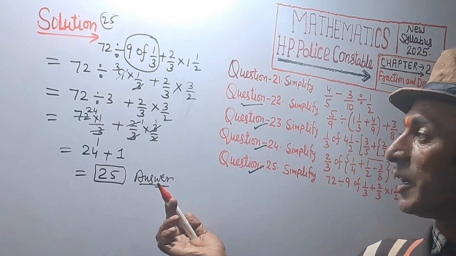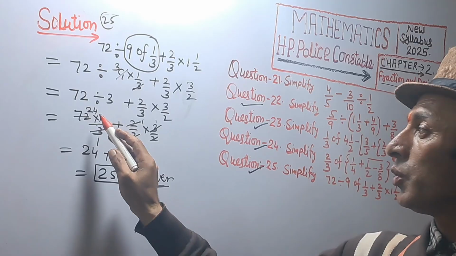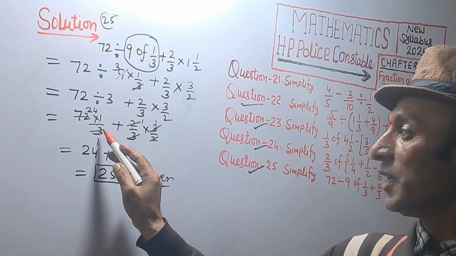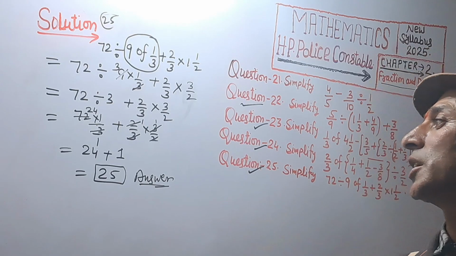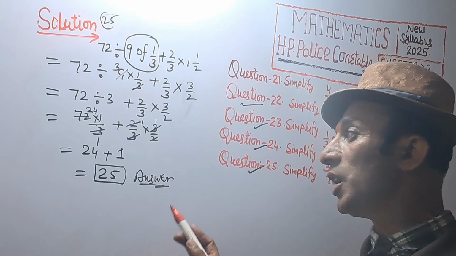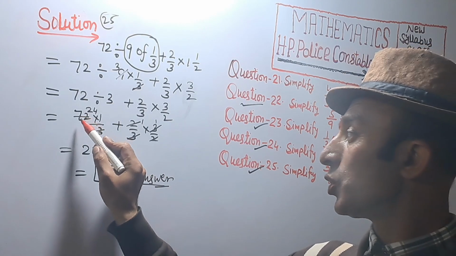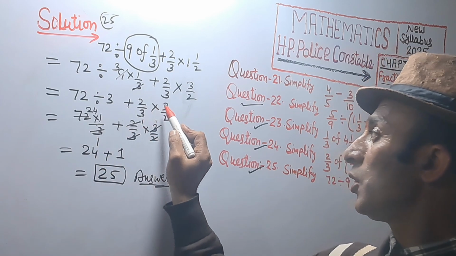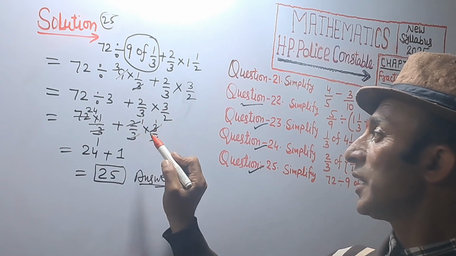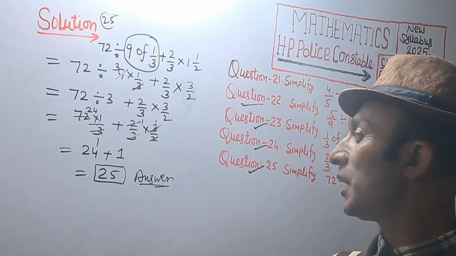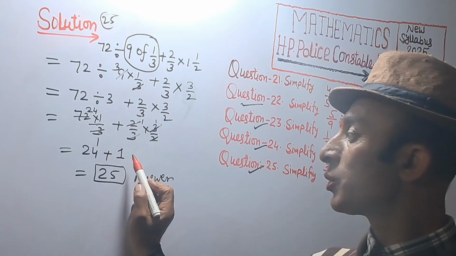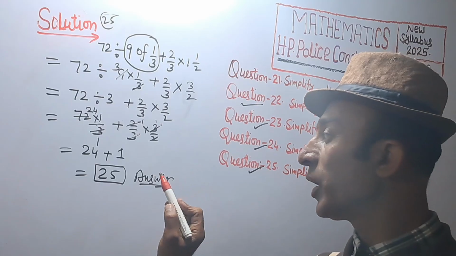Divide sign change in multiply. So 72 into 1 upon 3. 72 divided by 3, that is 24 times. 24 into 3 equal to 72. So that is 24 plus 2 upon 3 into 3 upon 2. 3 3 is cancelled and 2 2 is also cancelled. So we get only 1. That is 24 plus 1. 24 plus 1 equal to